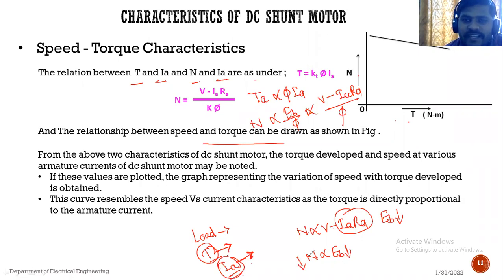Speed decreases. Speed also decreases. So this curve will be like this. That means the speed of the DC shunt motor, or the speed torque characteristics, will be like this. When the torque of the motor increases, the speed of the DC shunt motor slightly decreases from